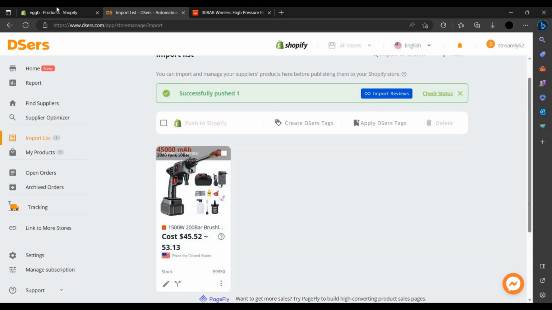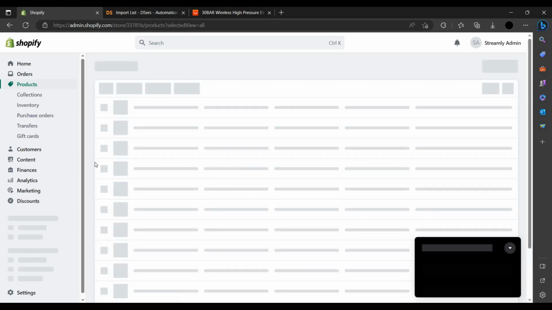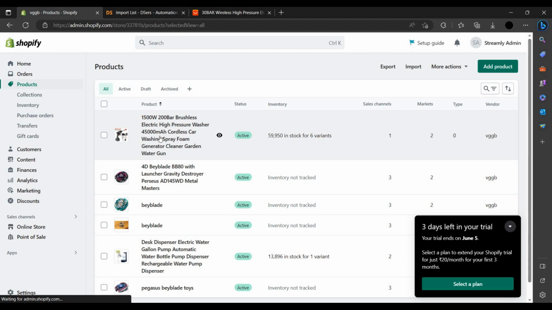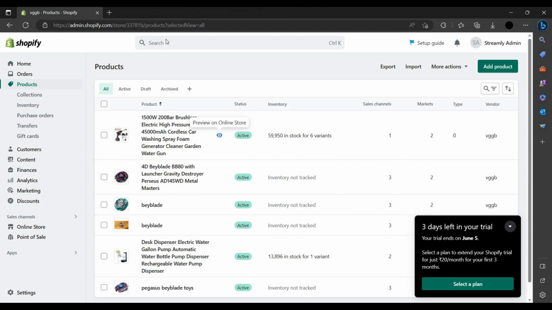You can just check. You can just refresh this page. As we can see, our product is now added. You can view our preview. So let us move to the third one. The third one is